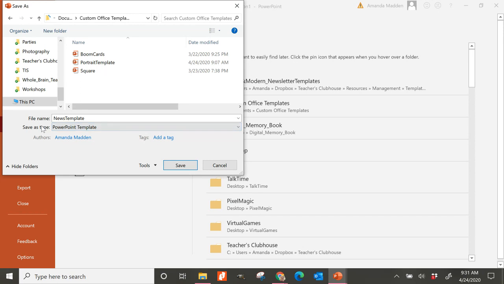So now that I have a PowerPoint template saved, I don't know if you noticed, but up here, I was saving it to the desktop. That's what I chose. But as soon as I selected PowerPoint template, it automatically went on my computer and found the custom office templates and changed where it was saving it to. So do not change that. You're going to need it to save in that templates folder that it automatically finds for you. So then I am going to hit save,